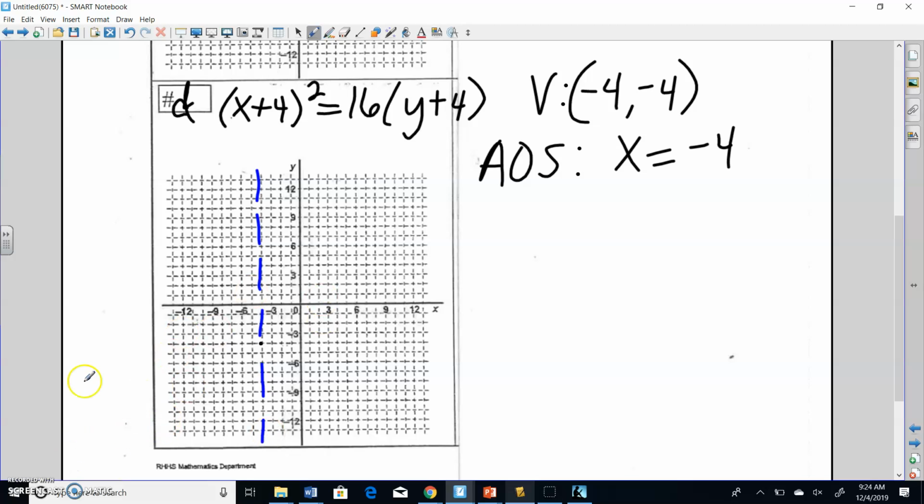Okay, and what am I going to plug in? Which variable am I going to let be 0? X, right? Whatever quantity is being squared, that's what we're going to let equal 0. So x equals 0. Plug it into your formula, and then get